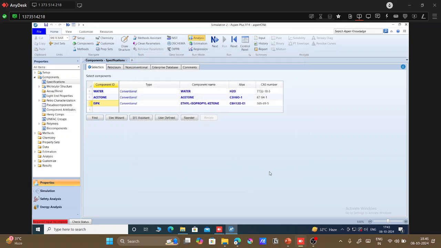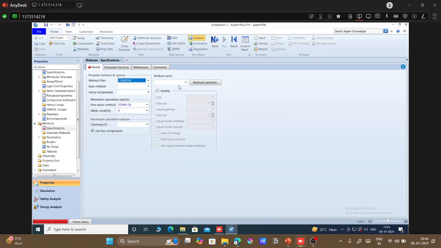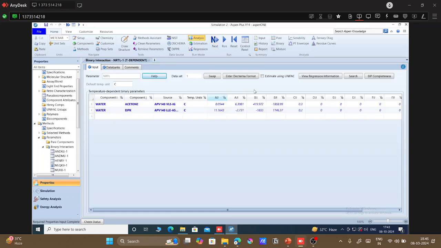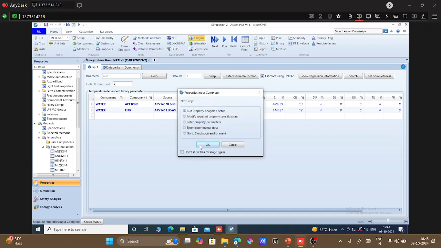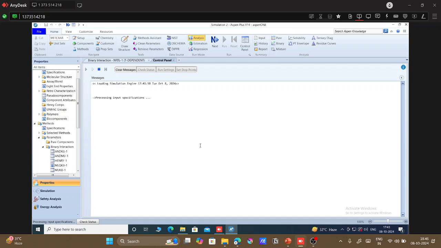So that has been added. For property methods, we have to select NRTL. Estimate binary parameters by the UNIFAC method. After doing so,